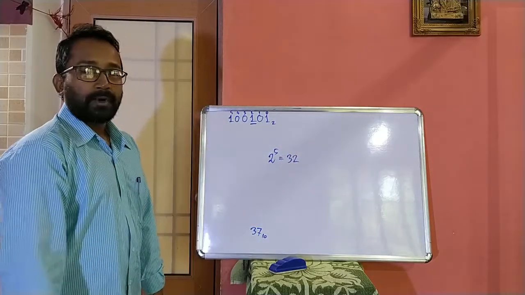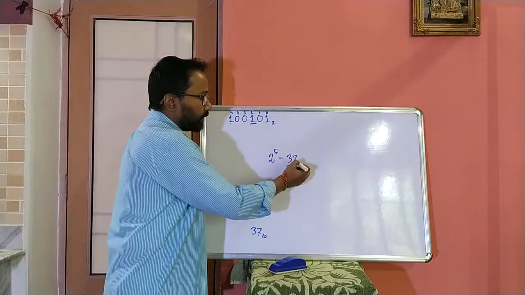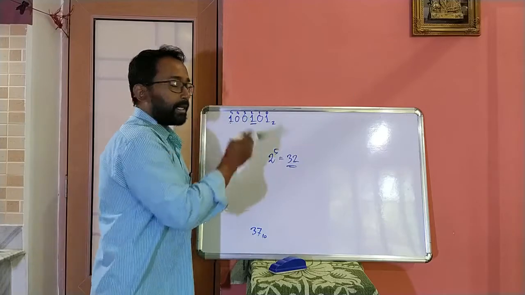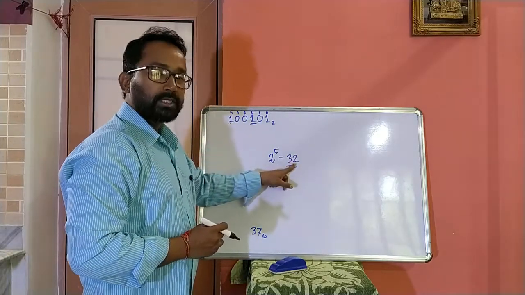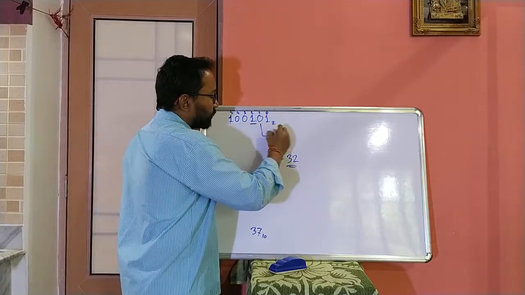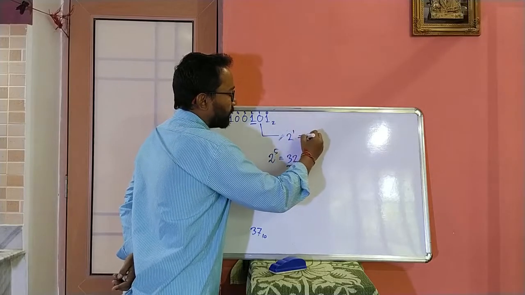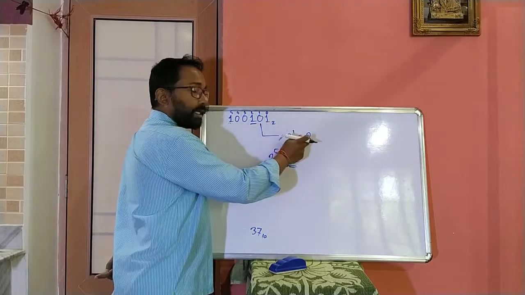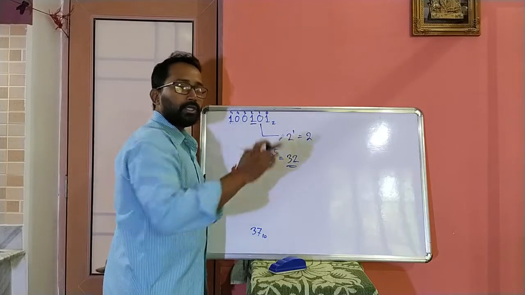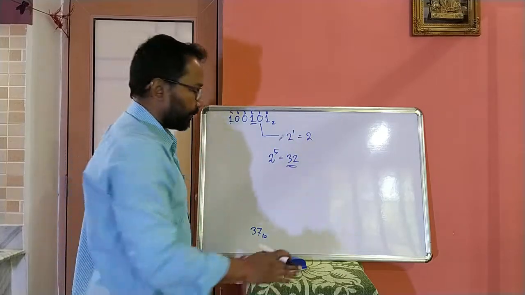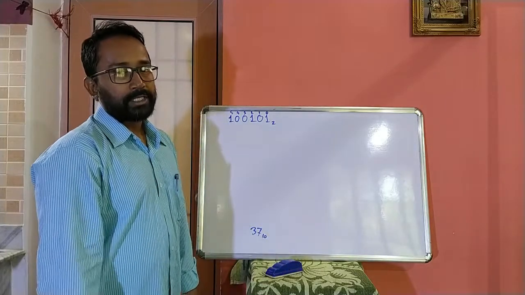So this way we can find out the weight. This is the weight of this one. And when we multiply this weight with the digit, we get the value of that digit. So the value of the digit is 1 into 32, means 32. Now take this 0. Its weight is 2 to the power 1, means 2. So the 0's weight is 2, but what is the value of this 0? 2 into 0 is 0. Its value is 0 in the number. Keeping these things in mind, we have to find out the weight and value of each digit in this number.